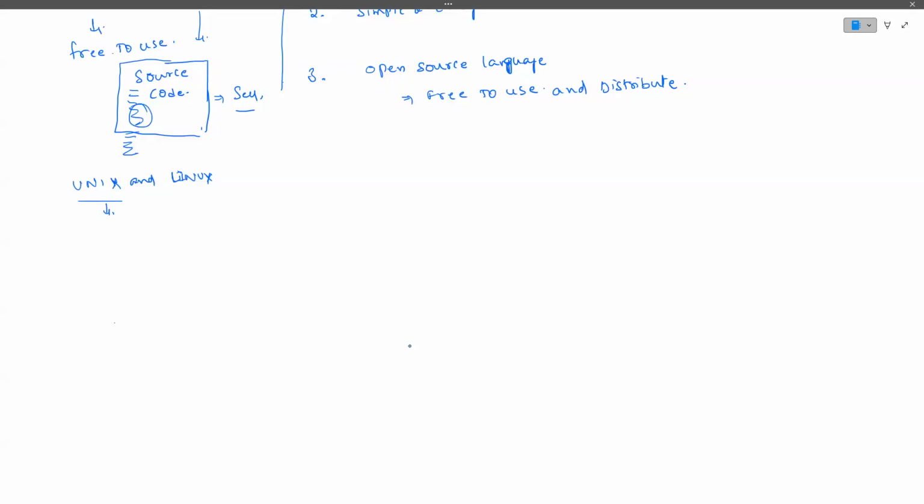He created that particular Unix operating system and he released it as open source. That means he said, I am giving the source code to you. If anyone wants, we can make some modifications. You can enhance some features and sell it as your own product. At the same time, there was a person called Linus Torvalds. He took the source code, added some features to that Unix and made some modifications. And he released it as Linux. That's why we call Linux a distribution of Unix.